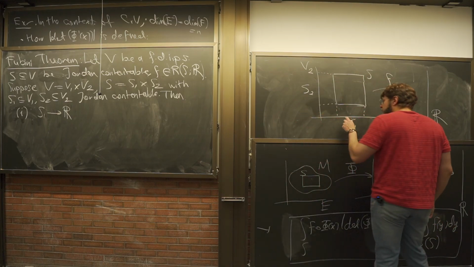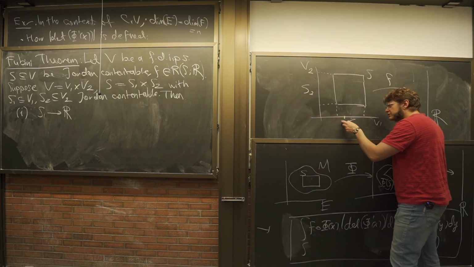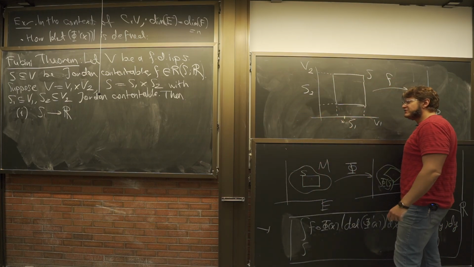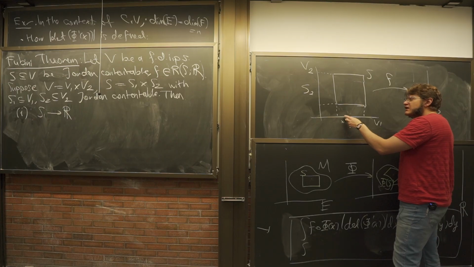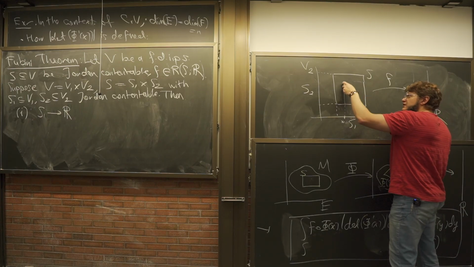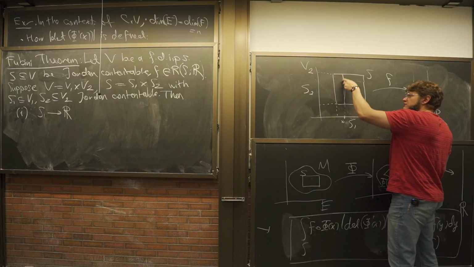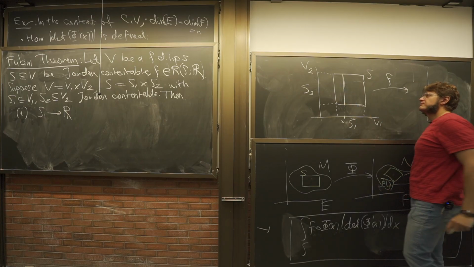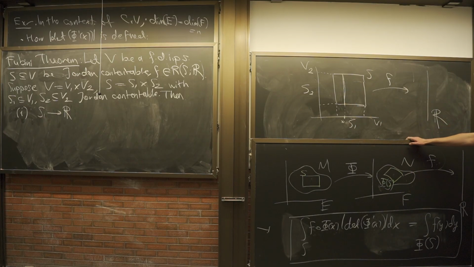What do I want? I want to take a point, let's call it x1 in S1, and I want to look at the corresponding slice in S. Now it's going to be a vertical slice. Now, if I were to fix x1 itself, it turns out